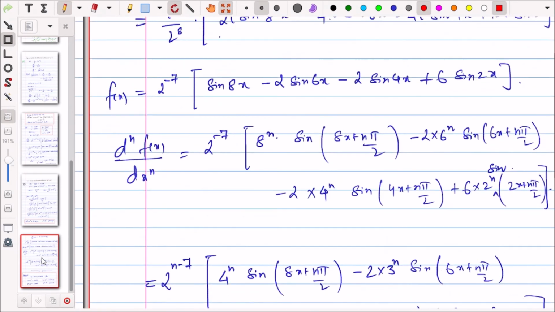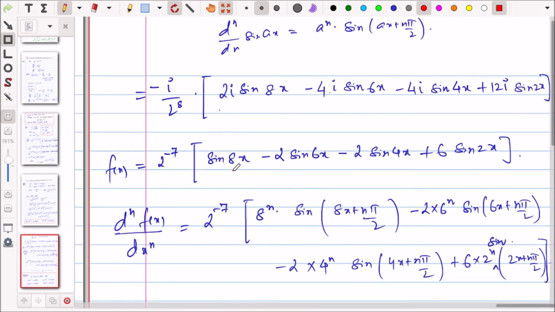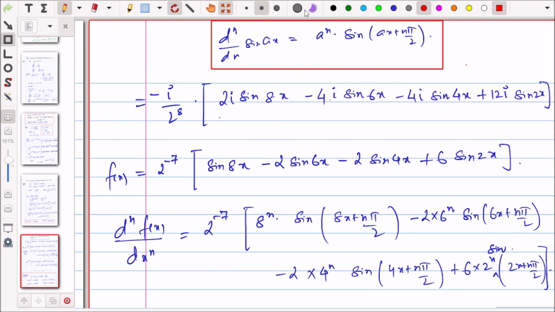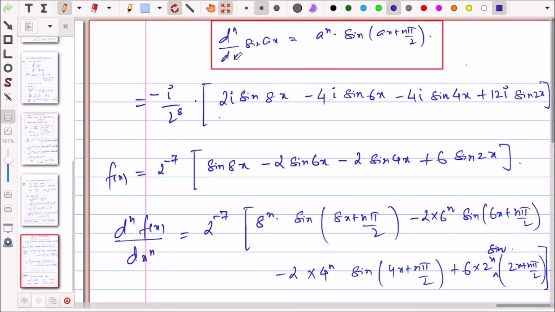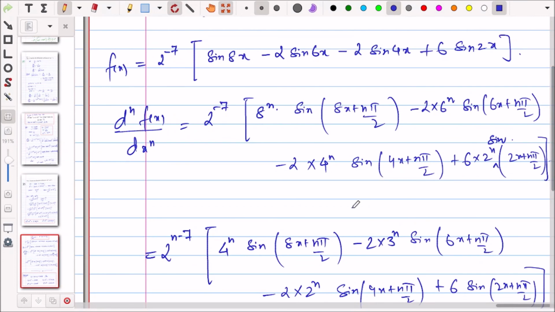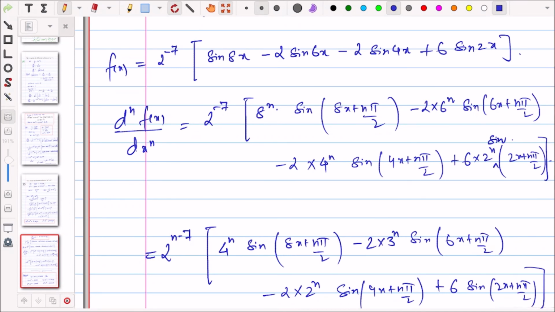And then after you get this form, अब इस फॉर्म को हम differentiate कर सकते हैं because we know the formula of derivative of this, right? We know this formula, so we are using this formula, d^n by dx^n. Okay, so we are applying this formula to get the result. So basically हमारा aim क्या होगा? अगर हमें ऐसा कुछ question दिया होगा जो हमारे already form में नहीं है, तो we will try to bring it in the form that we have already done. जो formulas हमने करे थे 8, 9, 10, उन form में किसी तरह लाना होगा, और उस form में लाने के बाद we can proceed, right?